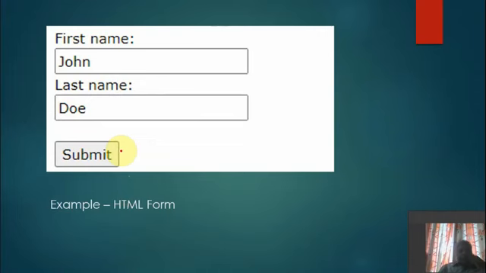Or sometimes it may process the data. It will do some calculations, or save the data, or arrange an appointment or whatever. Also sometimes it can be a login form. Okay, so now